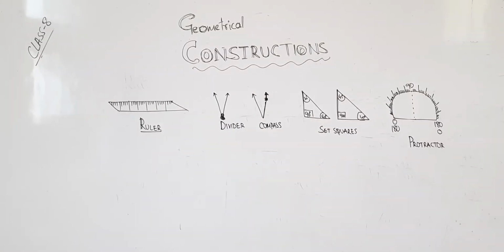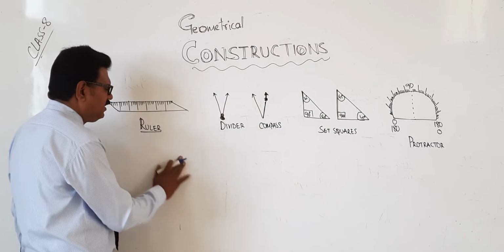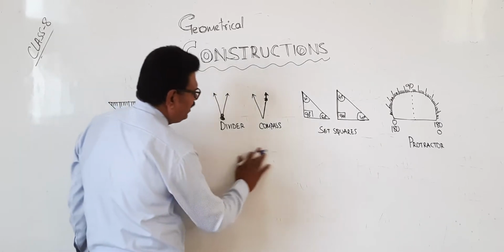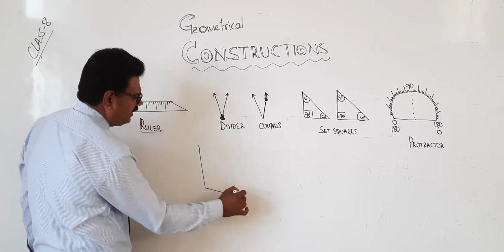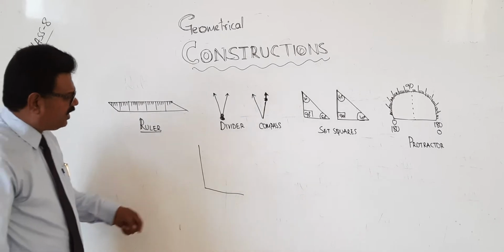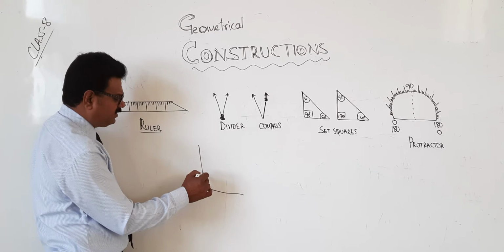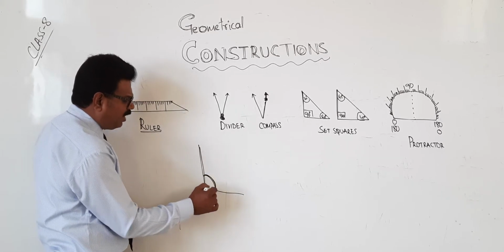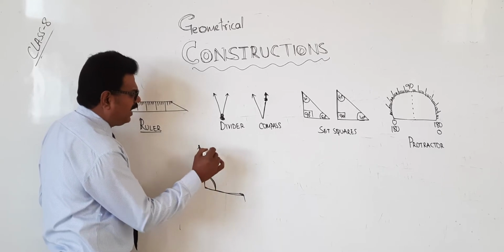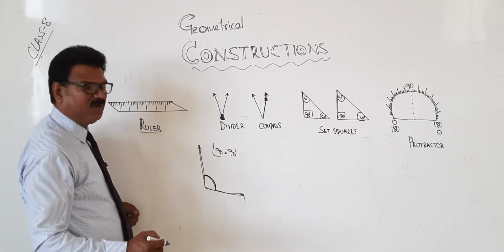If you see this, all the new types, geometrical constructions. There is a lot of difference between constructing and a rough figure. Rough figure means what? For example, draw 90 degrees, that's all, we will draw. If you measure, it may be 90 degrees or 1 or 2 degrees less, right or not? This is a rough figure. But when you do it with geometrical instruments, 90 will become 90 only. It will not become any other angle.